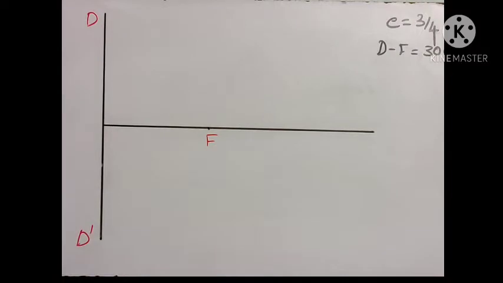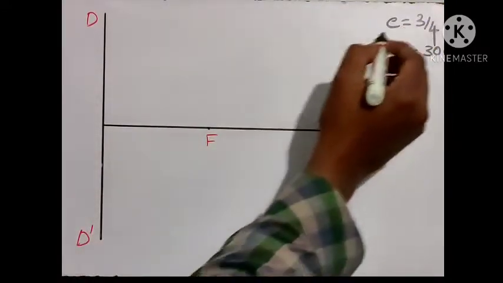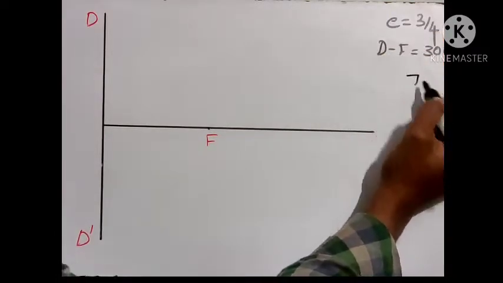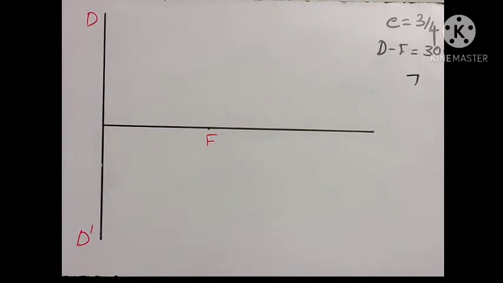Okay. Next we need to locate the vertex. So to locating the vertex, we will be using that eccentricity value. Okay. What you need to do is, the eccentricity is 3/4. What you can do is, you can add the numerator and the denominator, which is 7 parts. So you need to divide this distance into 7 equal parts. As you know, the 30 mm it's very hard to divide into 7 parts because it will come somewhere like 4.2 something. So what we can do is, we can use the method called dividing a line into n equal parts method, which we already discussed in the class.